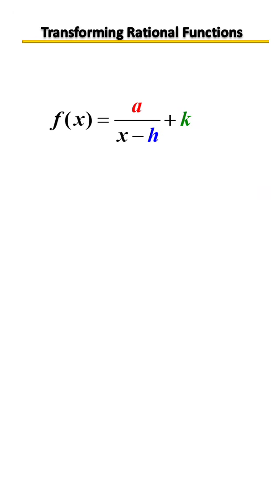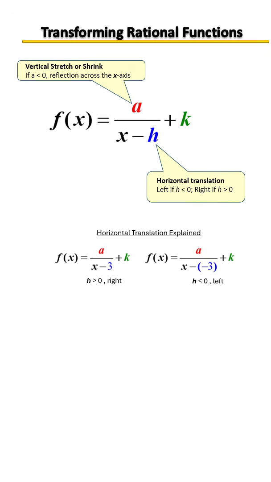We've covered transformations of graphs in an earlier section in this course, and now we're going to briefly cover it with rational functions. So recall, a negative coefficient is a reflection across the x-axis. Positive coefficient, vertical stretching. Fraction, vertical compression. The h value is your horizontal translation to the left or to the right, and it's always opposite what it